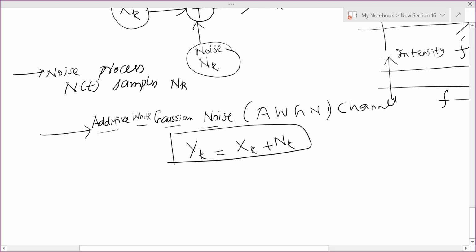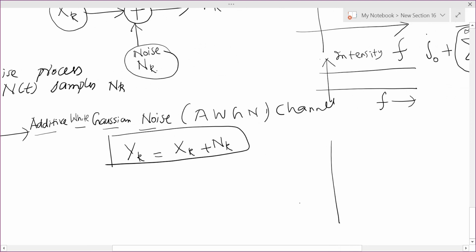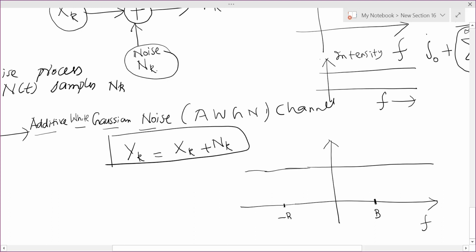Now the noise is white. White means its power density will be constant. So if this is the frequency, it will be constant. We are working in a particular bandwidth. Suppose bandwidth is b, so I will have a bandwidth b here and a bandwidth minus b here. That is how we plot it. So what will be the total power? The total power will be the area under this curve. Since this length is 2b, just to make it nice, we assume that the height is something